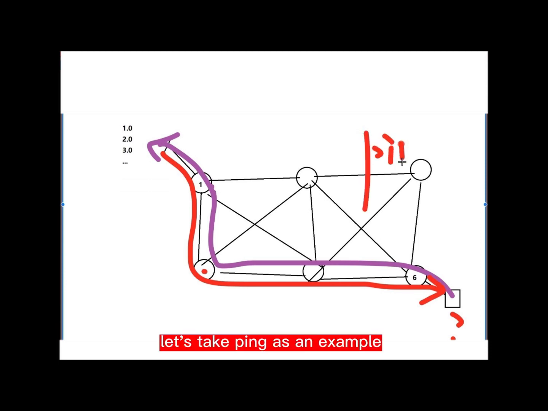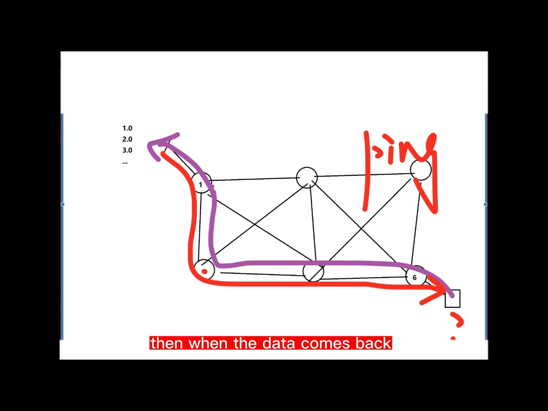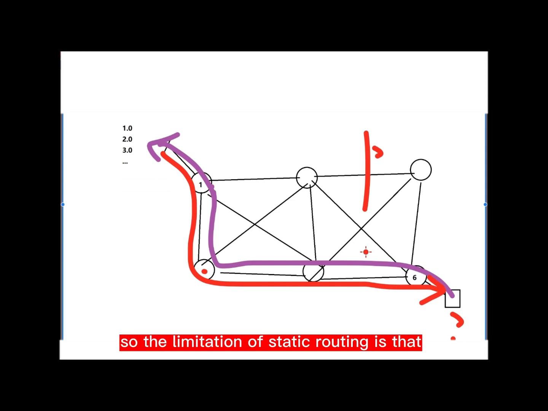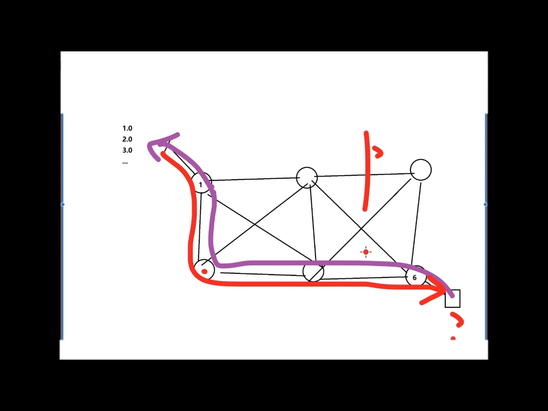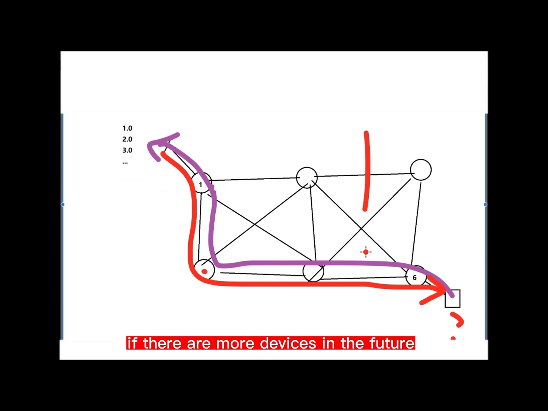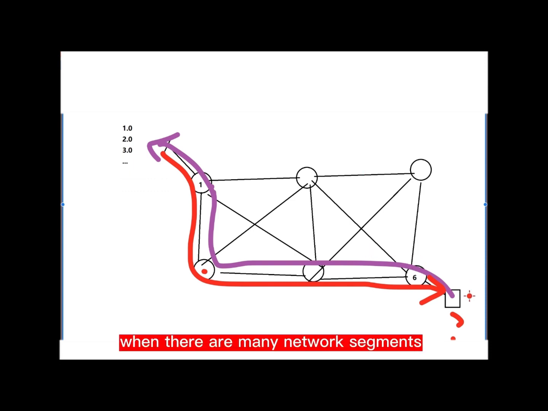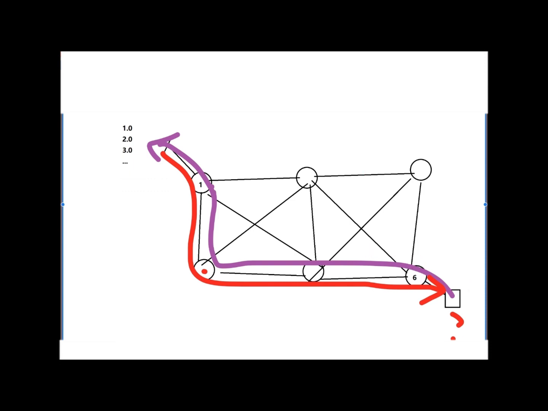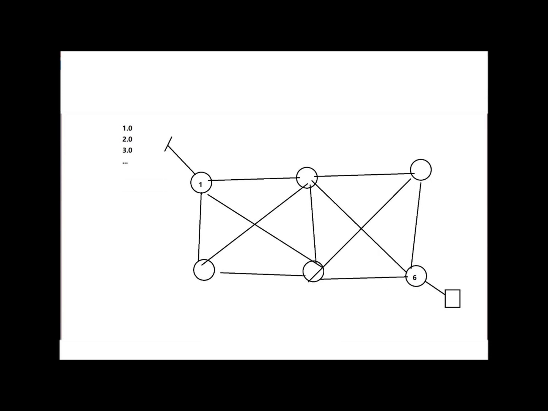Let's take ping as an example. Data goes back and forth. Then when the data comes back, there must be a route. So the limitation of static routing is that if there are more devices in the future, when there are many network segments, it's a little hard. It doesn't fit well, because every node has to write. Overwork load, and more error prone. Not easy to troubleshoot, because it is written statically. If you look at it,